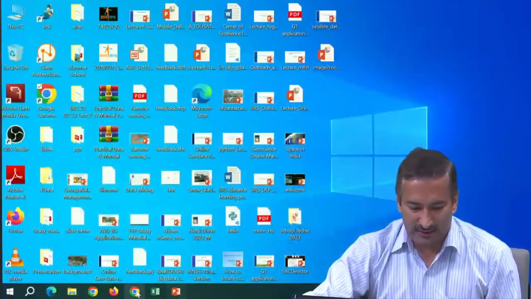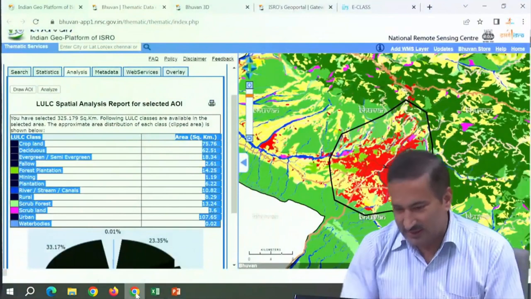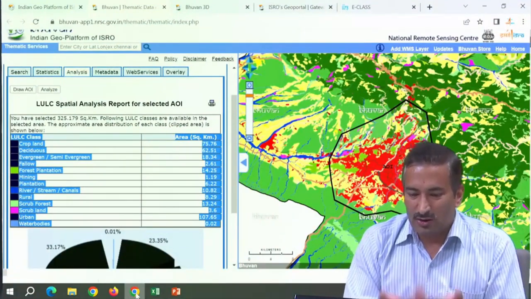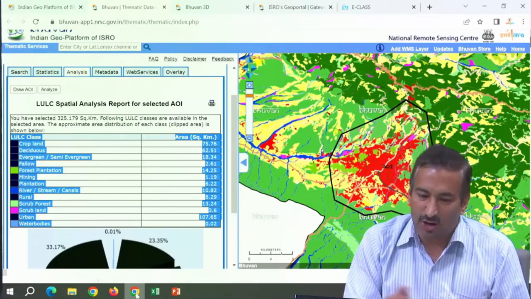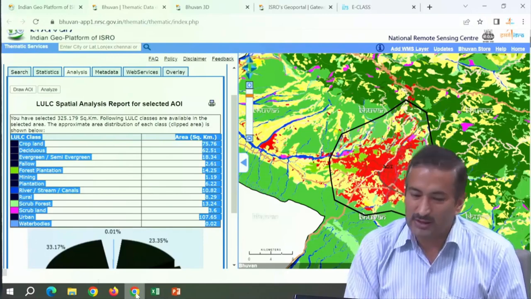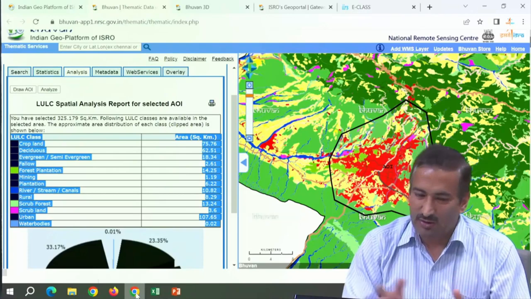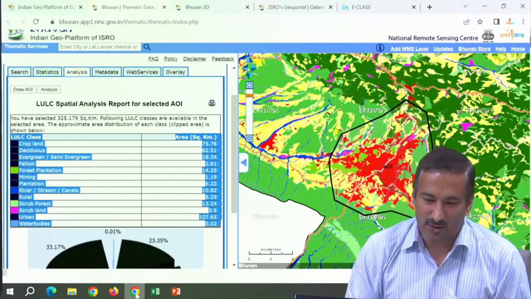So I urge you that all these 3 experiments you also try to perform, but in your own city or in your own area of interest, and see how the results come. It will be very useful, and you can demonstrate this to the students as well in the schools, so that they will also have an idea of how small sorts of analysis can be performed using these kinds of platforms.